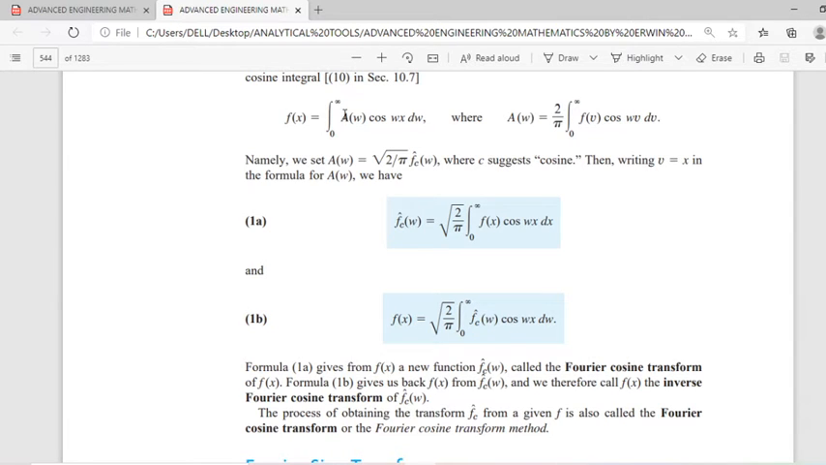We have to substitute the expression for a of w, and then use the alternative notation f c cap of w for this term. Using f of x equals integral 0 to infinity a of w cos wx dw, we can easily write f of x equal to root of 2 by pi integral